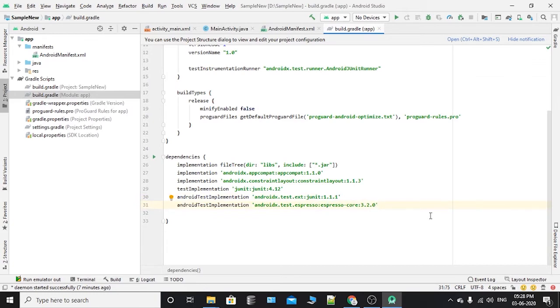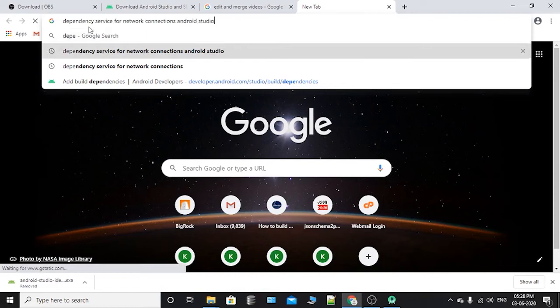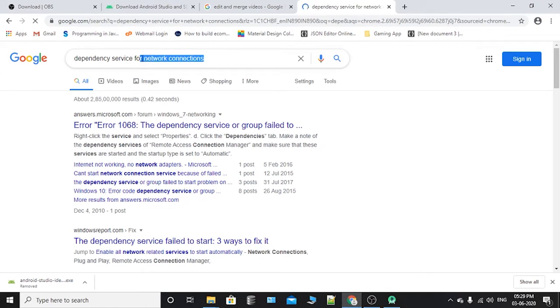Okay, if I am using card view, I just go to the browser and search for the dependency for card view in Android.